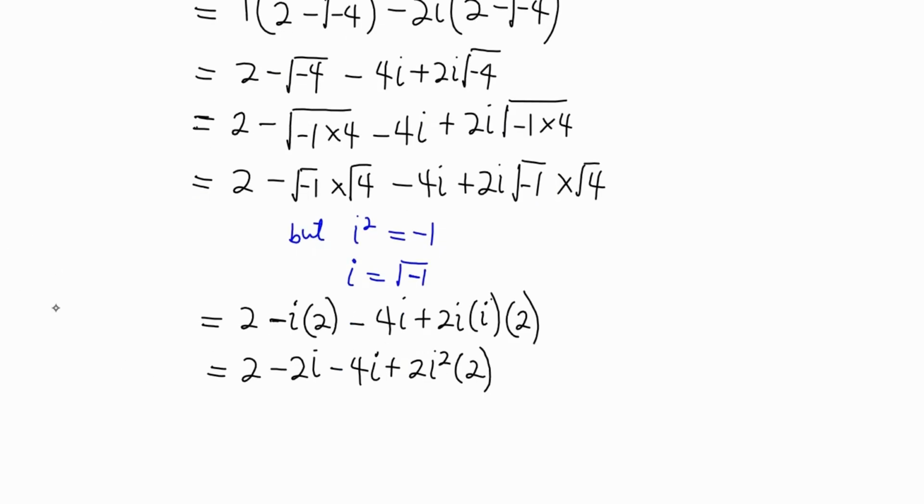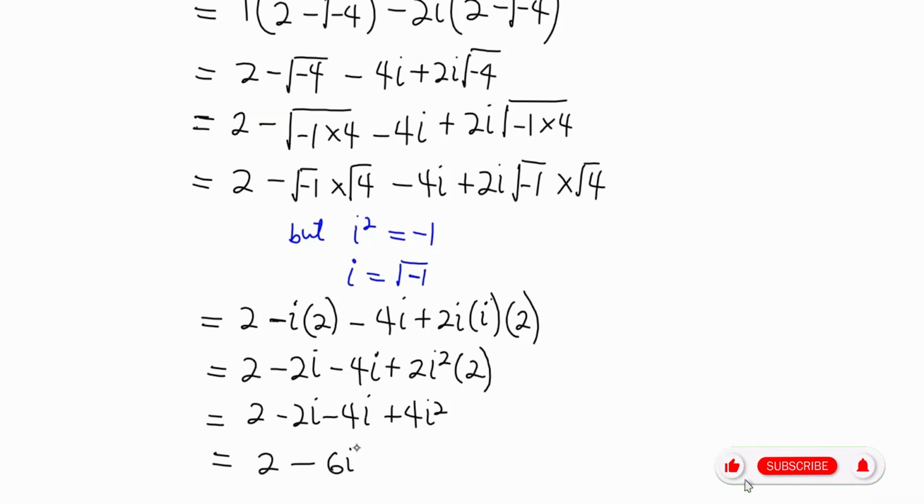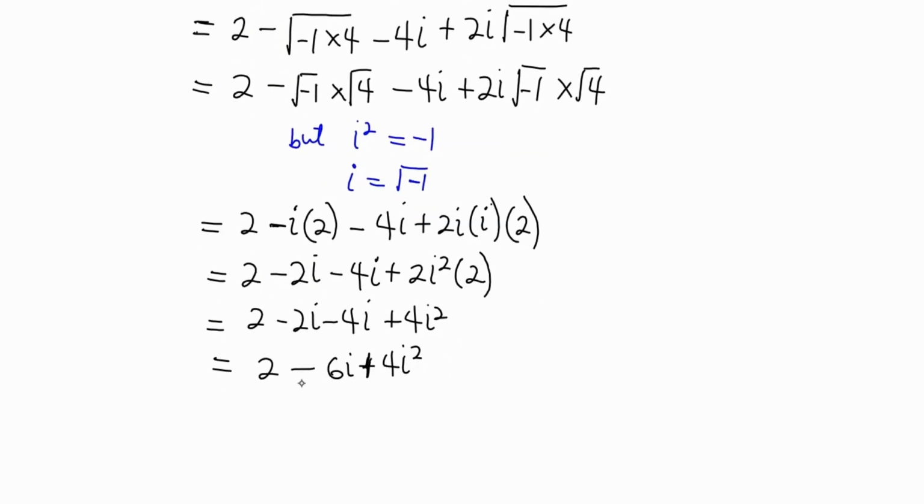We are breaking it down one after the other, which means that here we're going to have 2 minus 2i minus 4i plus 4i squared. So here we know it's equal to 2 minus 6i and then plus 4i squared. So we have it as such. And what can we see? We can also see that again, for every i squared is equal to negative 1. So also do that substitution here, and we can see that 2 minus 6i